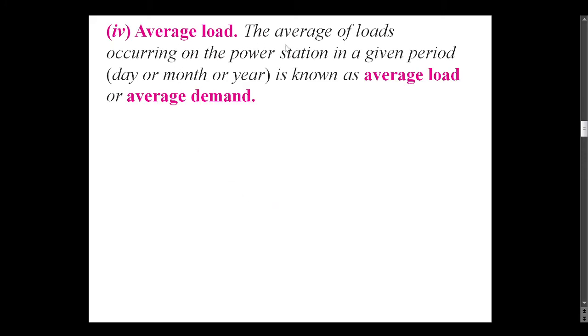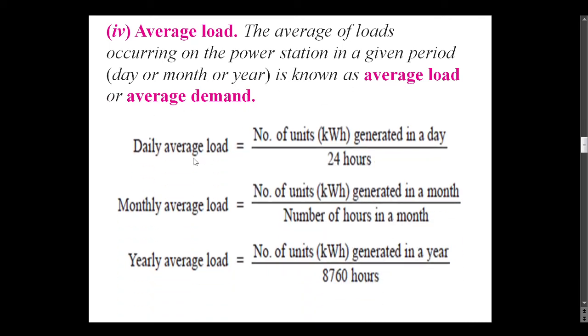Average load. The average of load occurring on the power station in a given period, that is day or month or year, is known as average load or average demand. There are three types of average load. Daily average load is equal to number of units generated in a day divided by 24 hours. Monthly average load is number of units generated in a month divided by number of hours in a month. Yearly average load is number of units generated in a year divided by number of hours in a year, that is